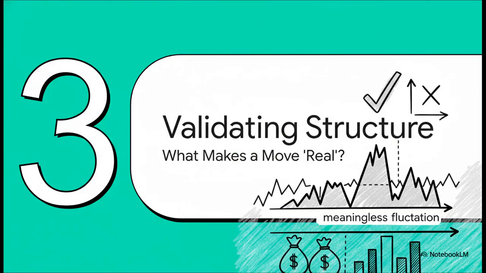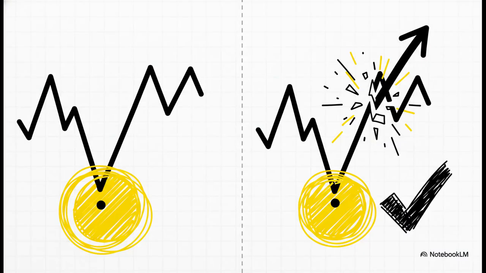This brings us to what is, honestly, the absolute heart of this whole strategy. How do you tell the difference between a real, significant move in the market and just, well, market noise? In other words, how do you know if a high or a low on the chart is actually important enough to pay attention to? Okay, listen up, because this is the crucial rule, and it feels a little backwards at first. To confirm that a new swing low is valid, it's not enough for the price to just go down and then pop back up.